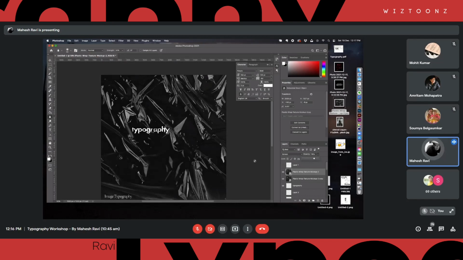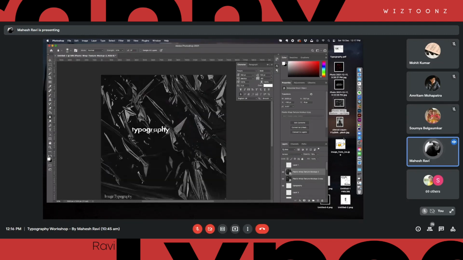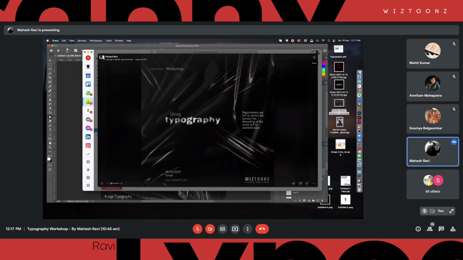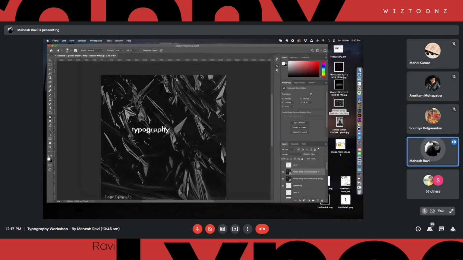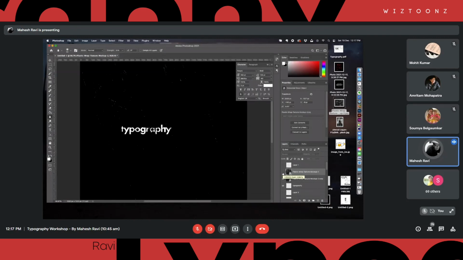Now here is something that I created with the distortion of this image. The secondary image that I'm using is not necessary, but I just wanted to show you how I created that poster itself. I'm using that plastic thing also here. But if you just want the distortion and don't want the plastic wrapper, you can just turn that off. So you're creating a typography which is distorted like this.